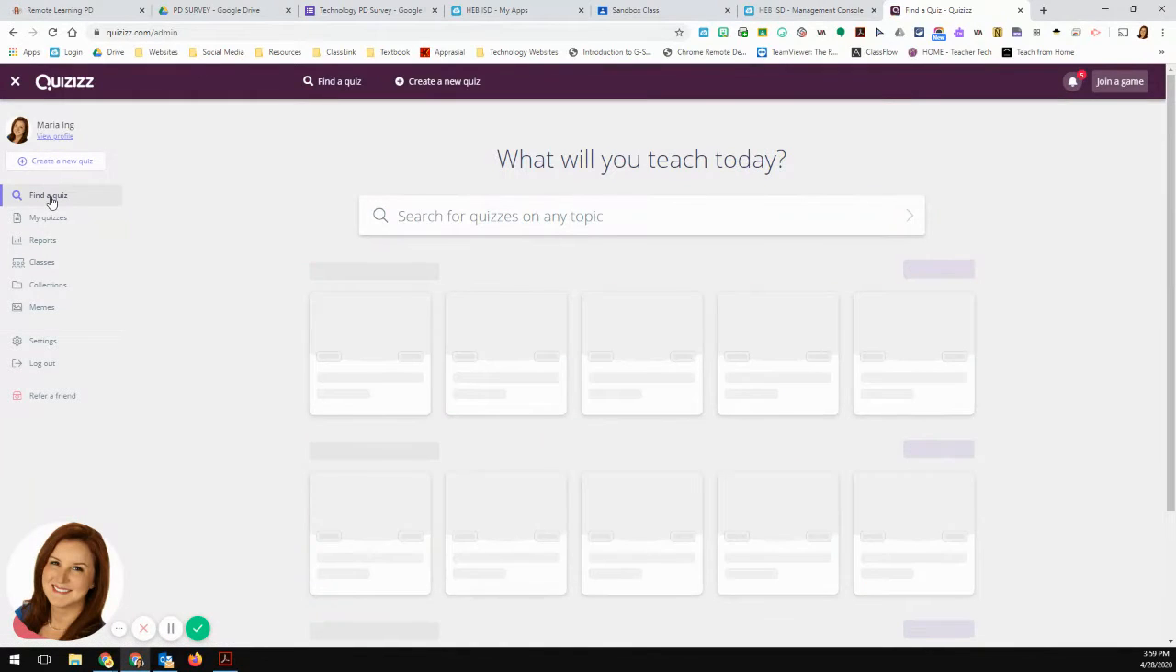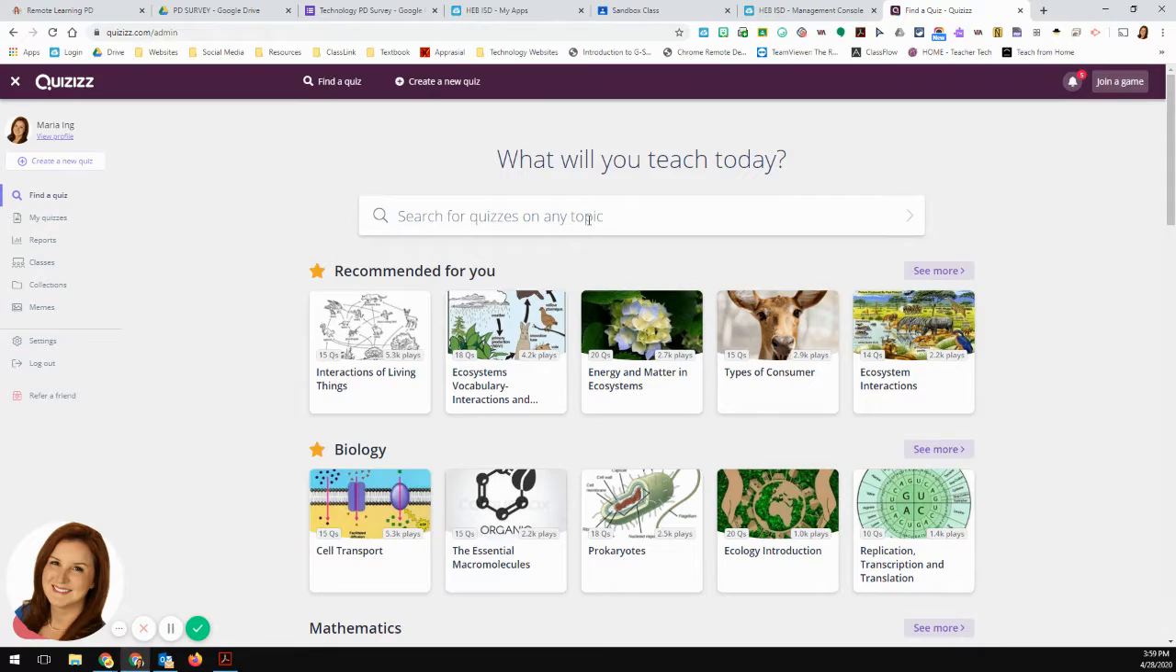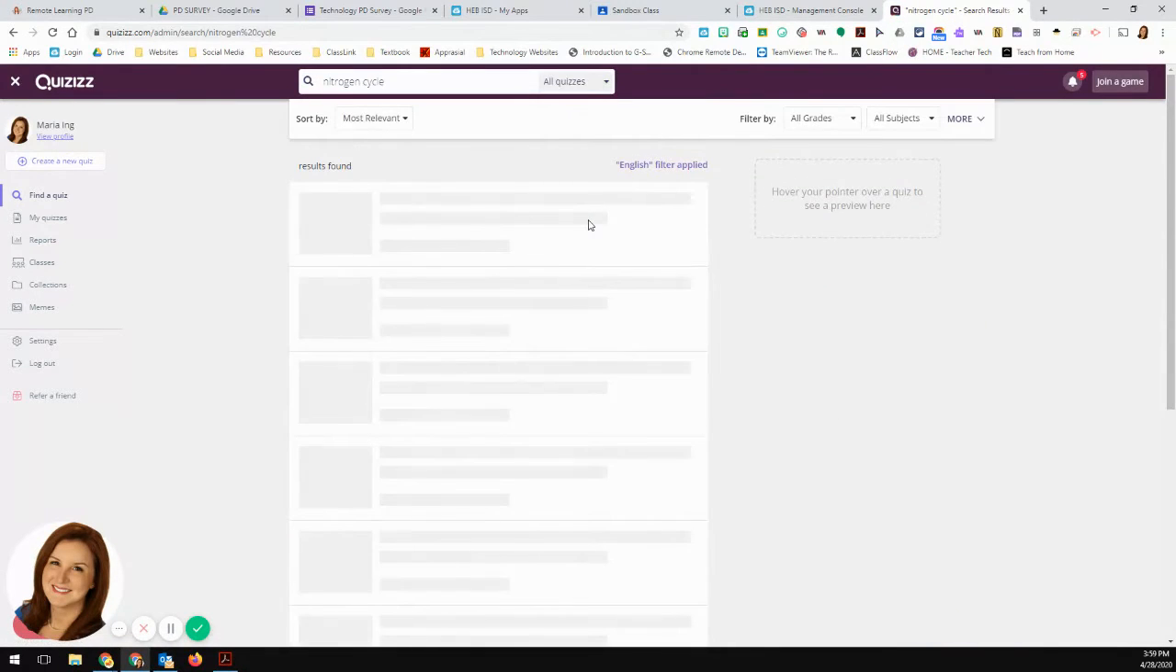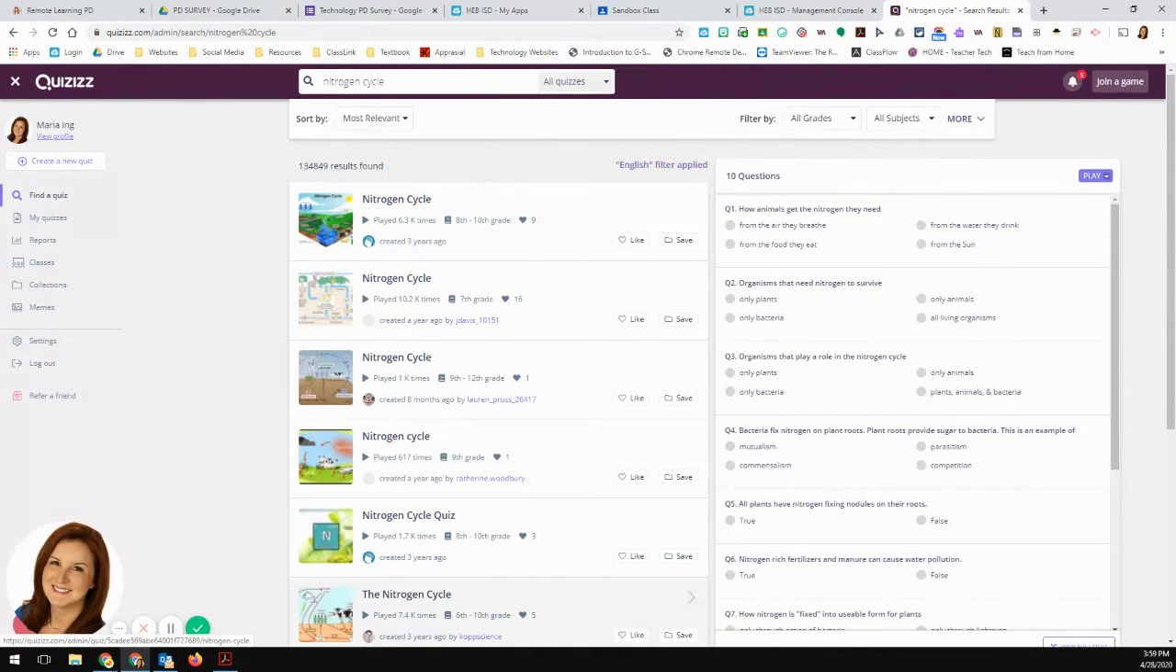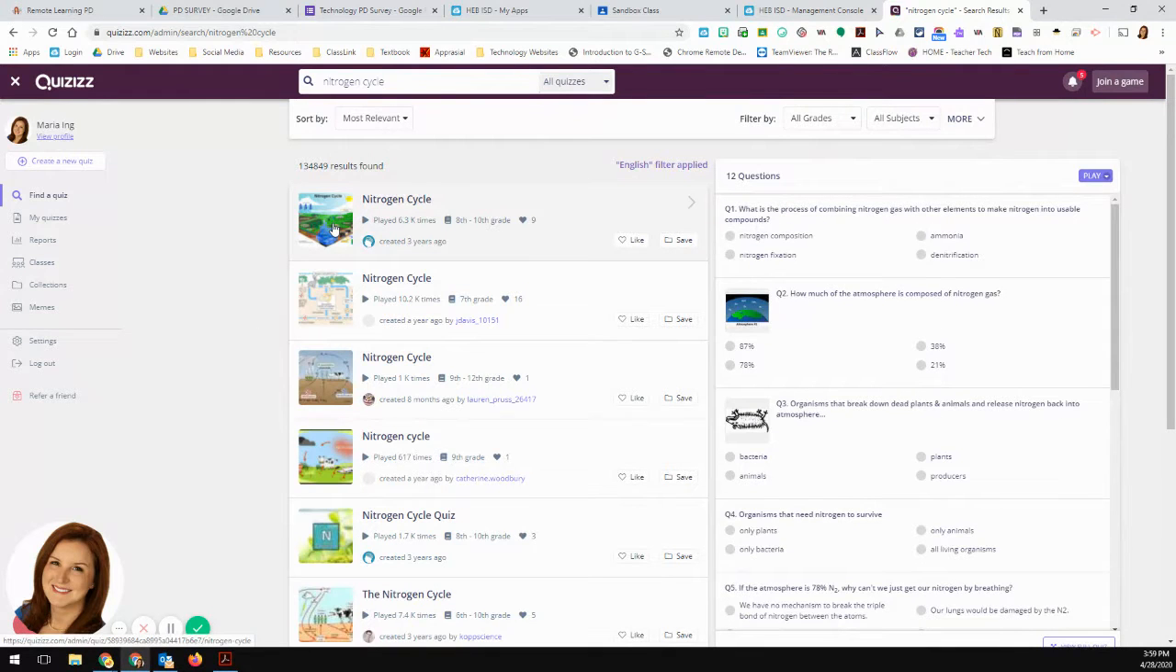But if I didn't want to do that, I could find a quiz. I could search for specific topics. So let's say I wanted to do nitrogen cycle. Then I can get a list of quizzes that people have already made for nitrogen cycle, and when I hover over it, you will see over here on the right hand side, I can see a preview of the types of questions. So if I go ahead and go back,